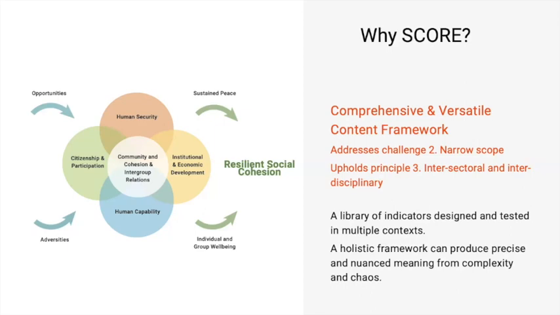We didn't have a political tribalism indicator until we rolled it out in West Africa. So new indicators emerge in SCORE through these consultative mechanisms as well. And this is how we look at the interrelationships between different domains by organizing them from human security to human capability, and then doing advanced analysis to understand how they can